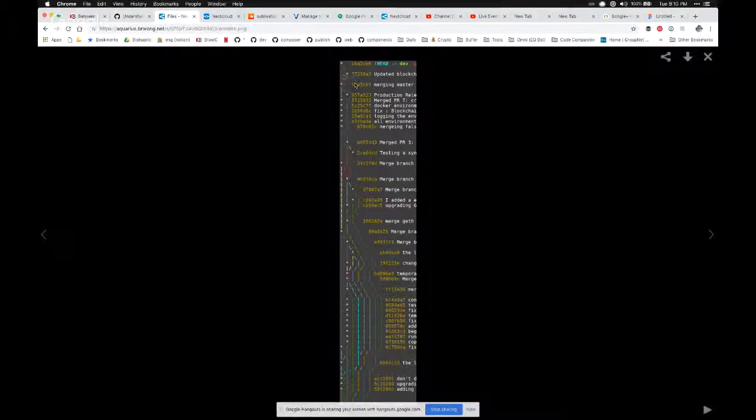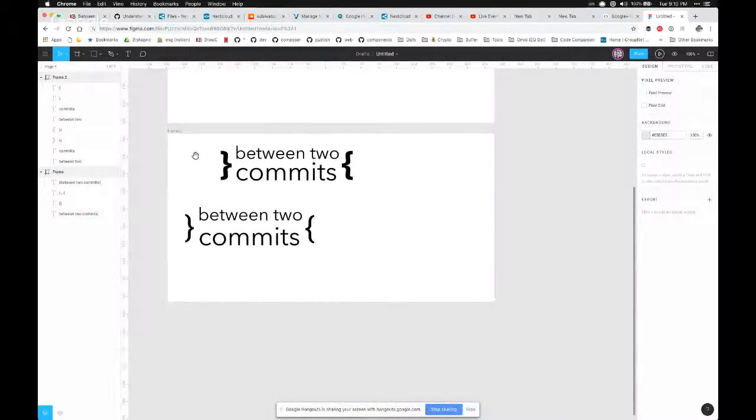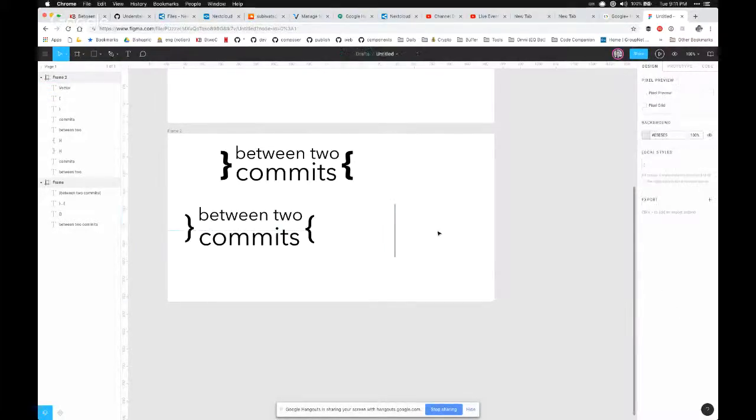I like this concept a lot. I feel like if it was done right, it could be really good. I think it's a bit trickier than this. Not that it shouldn't be done, but I'm trying to think of a way to elegantly and simply illustrate a commit. You have this idea of two points that are connected. I'm just going to draw it like this. Let's see.